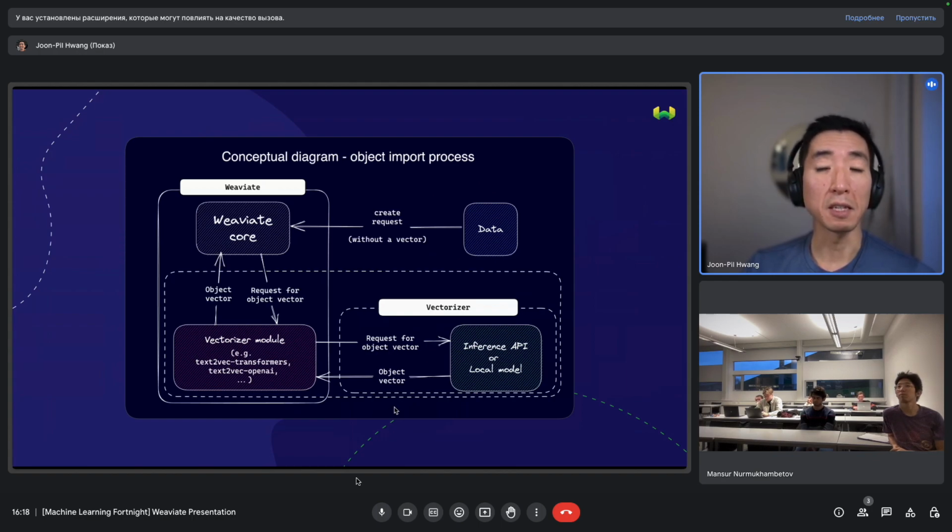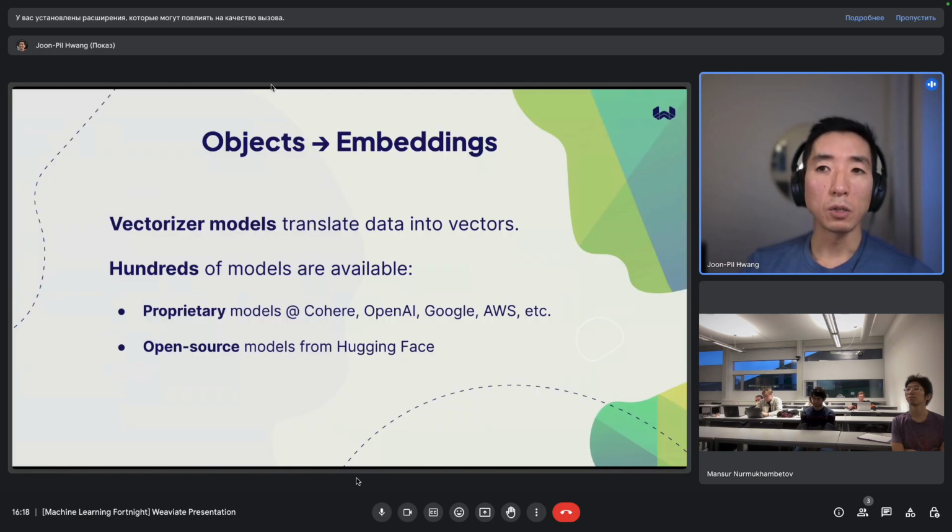Now, it can just as easily be a local model. We have a transformers module, which uses the Hugging Face transformers library, which many of you probably have used already. It uses that under the hood, does local inference, and you can get the vectors that way. So you can use any of these tens, if not hundreds, of models that are available.